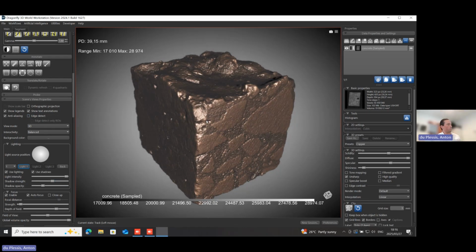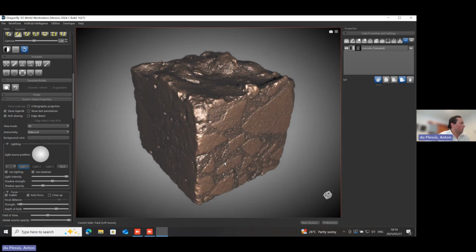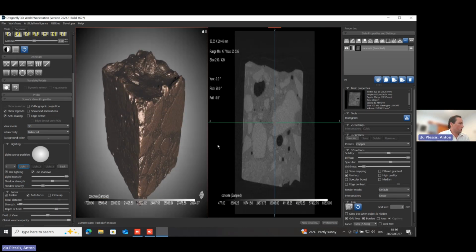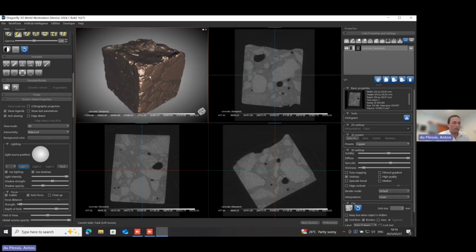If you would like to save a nice picture of the surface like this, you might want to remove this here. This is the text annotations. This is under the scene's view properties, and you might want to remove the legend at the bottom here. But I would prefer to leave it there and just click somewhere else. It only becomes visible when you click on it. This is showing the gray values that are in the data, basically, in this case. Usually there would be a color bar for some measurement as well. So that's enough visualization for now.